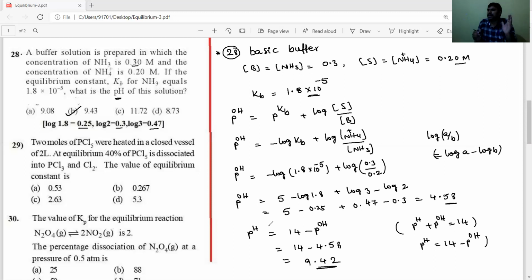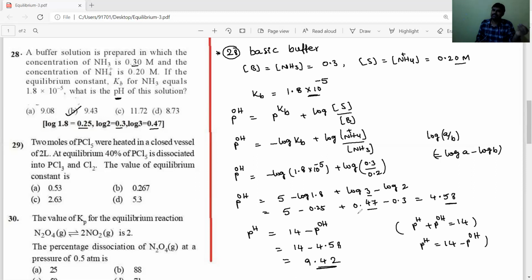Division, multiplications and logarithms, so we have to remember up to log 10 values. Okay, log 1, log 2, log 3, log 4, log 5, log 6, 7, 8, 9 and 10. Those values: log 1 is 0, log 2 is 0.3, log 4 is equal to 0.6, sorry, log 3 is equal to 0.47, and log 6 is nothing but log 2 plus log 3 value, and log 7 is around 0.9 something, log 8, log 9, log 10, like that. All values we have to remember.